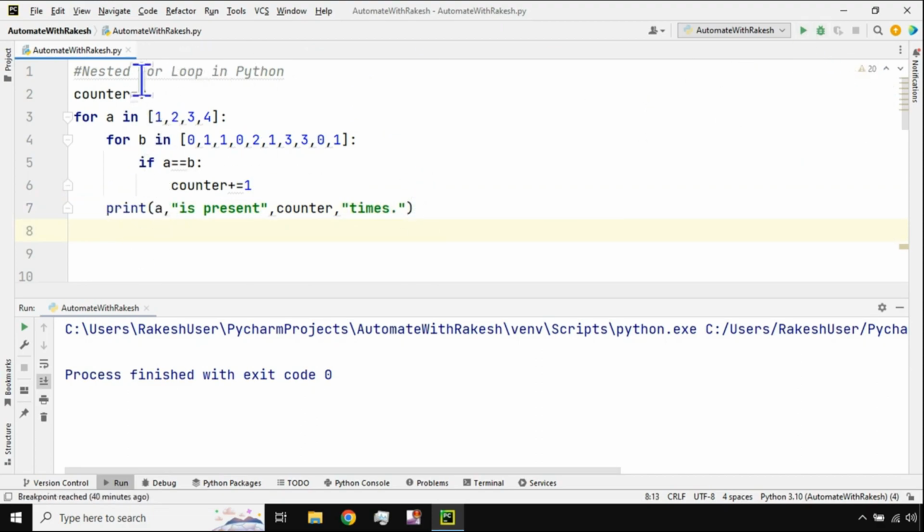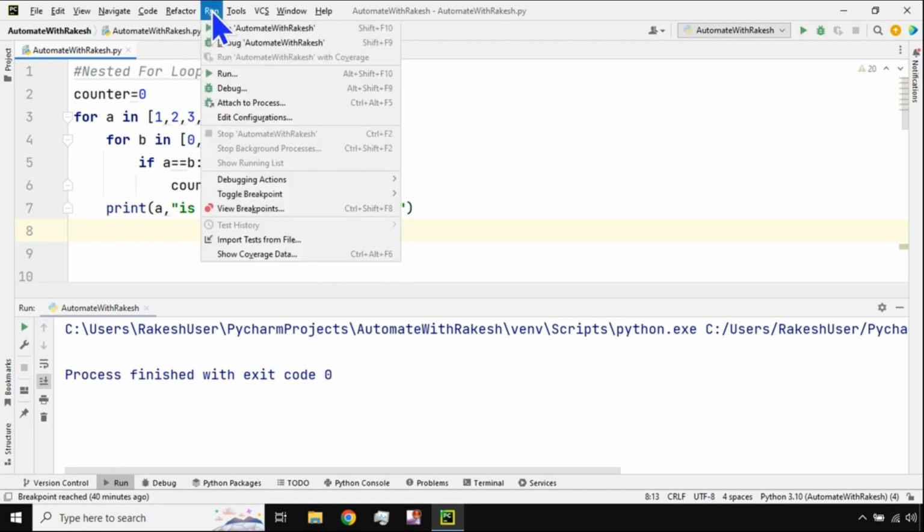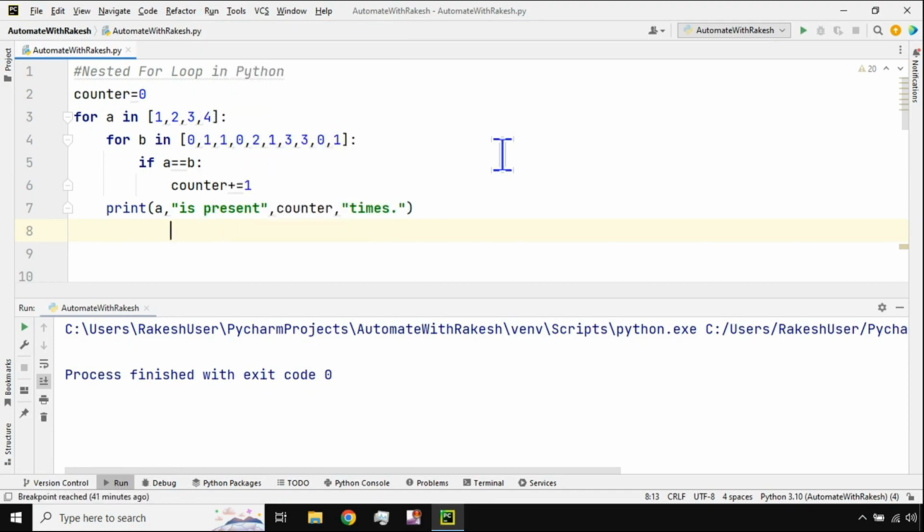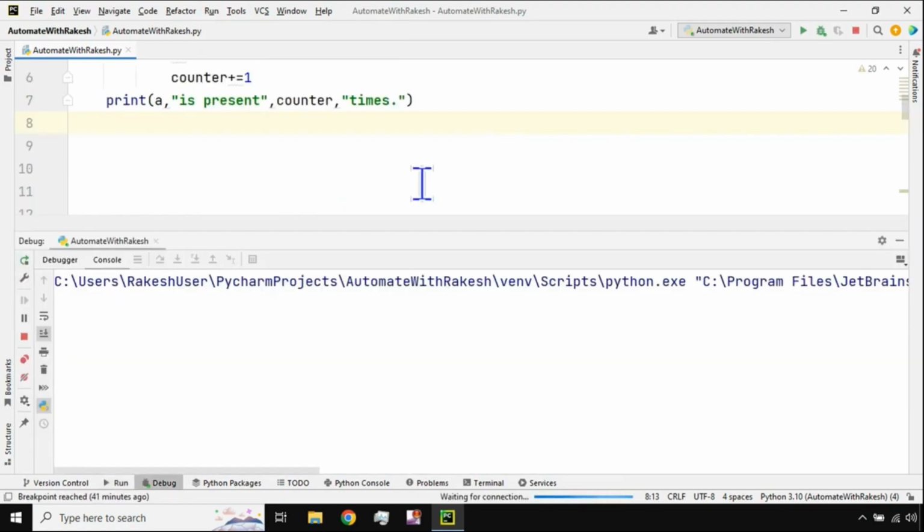So first of all, let's debug it. Always good to debug as a beginner. One should always debug and try to see. So I'm going to hit on debug. Okay, now I'll hit on console in PyCharm,